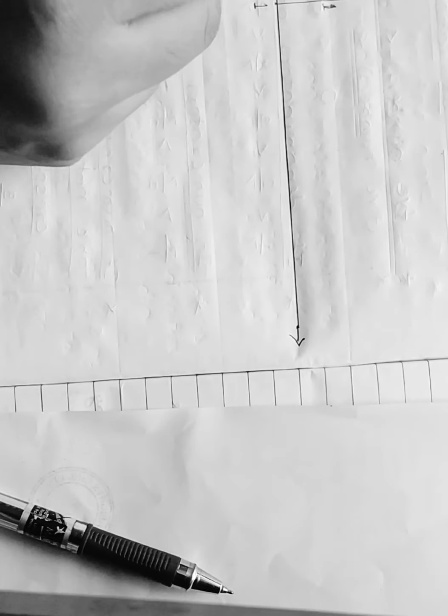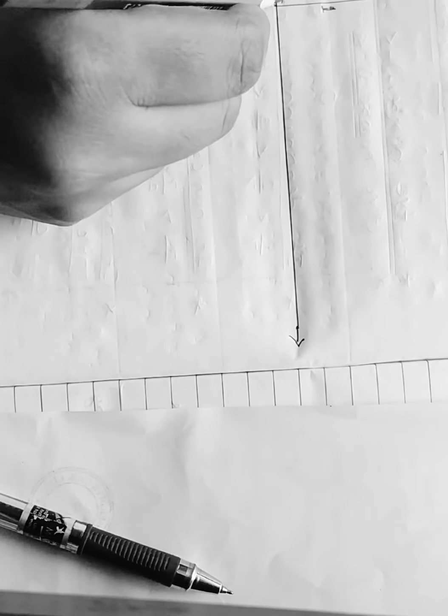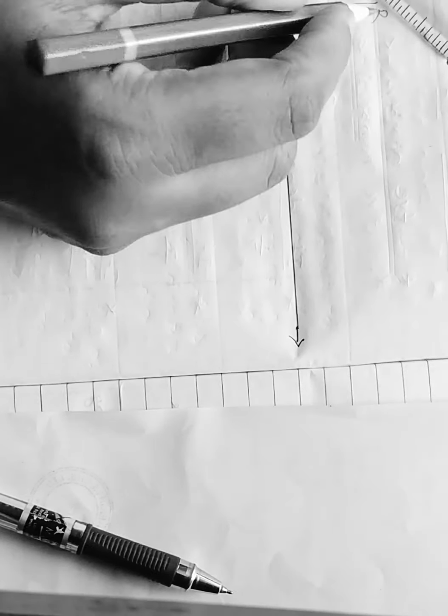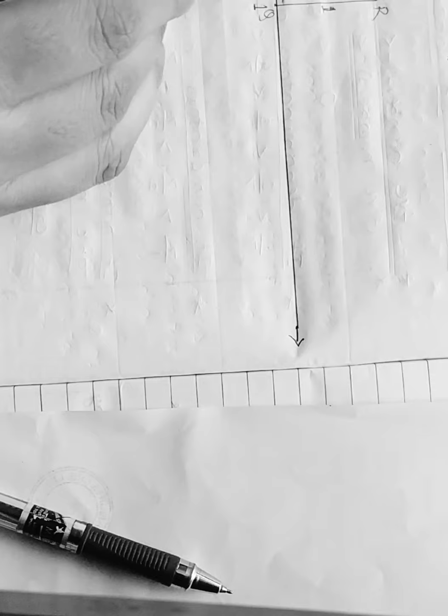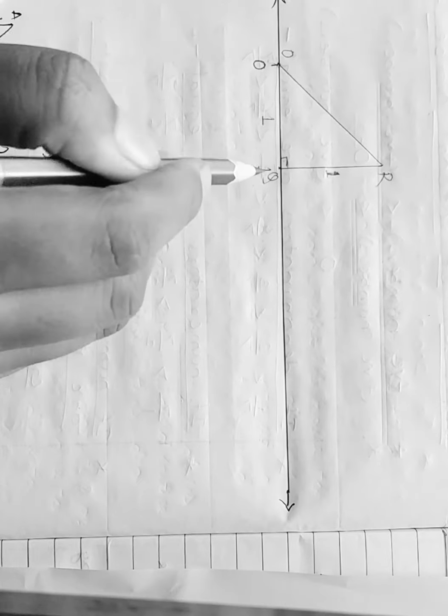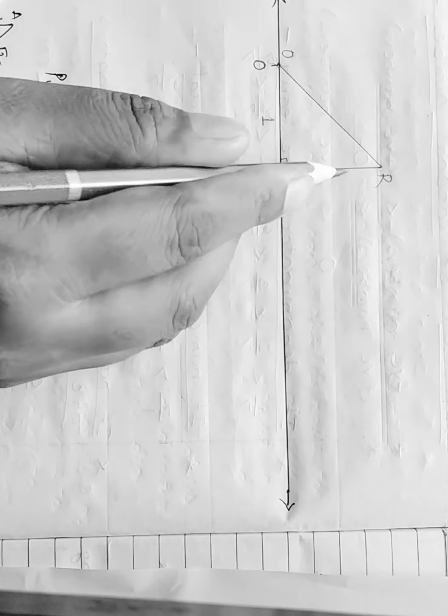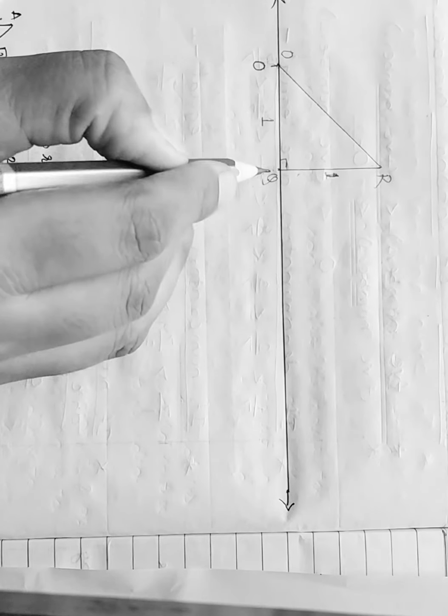Here we will name it O. Then Q, this is perpendicular Q. Then for this point we will give the name R. So in the first question, it is given in practice set 1.4, same way I am drawing here. Then join this line, O and R we have to join. Now we got this right angle triangle.